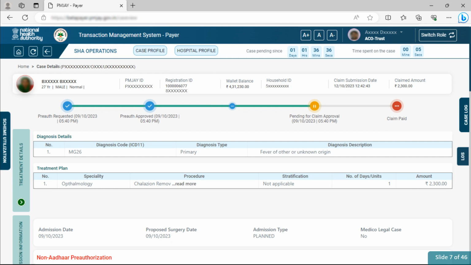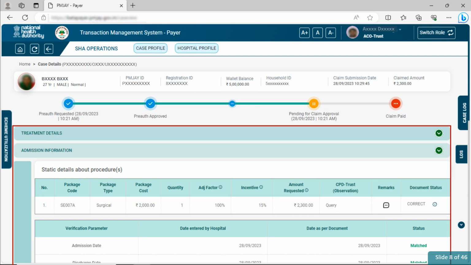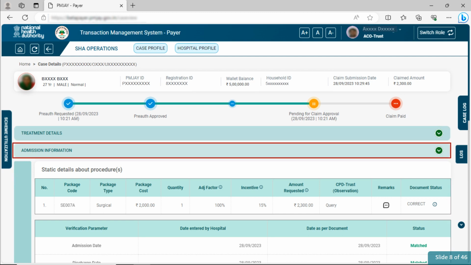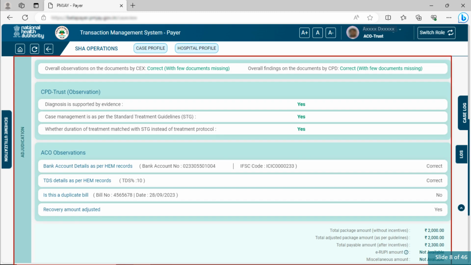This page displays the patient's name, age, gender, discharge type, PMJ ID, registration ID, wallet balance, household ID, claim submission date, and claimed amount. This page contains three tabs: treatment details, admission information, and adjudication.